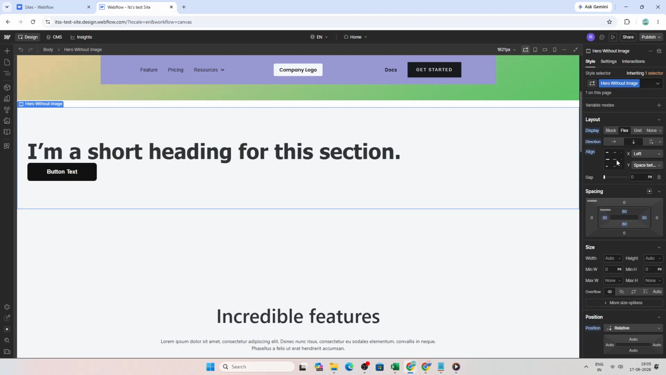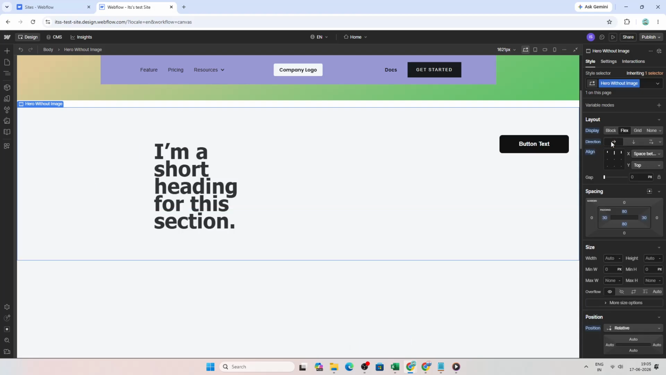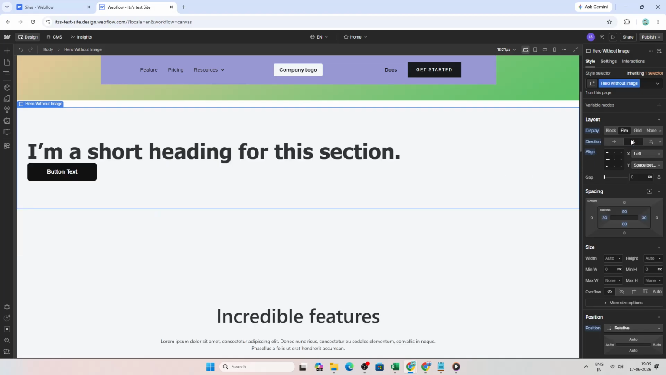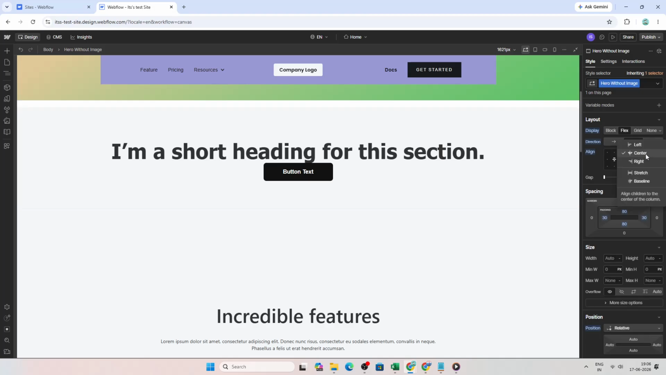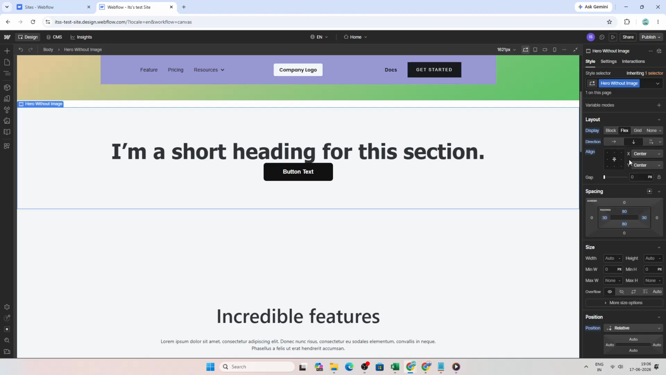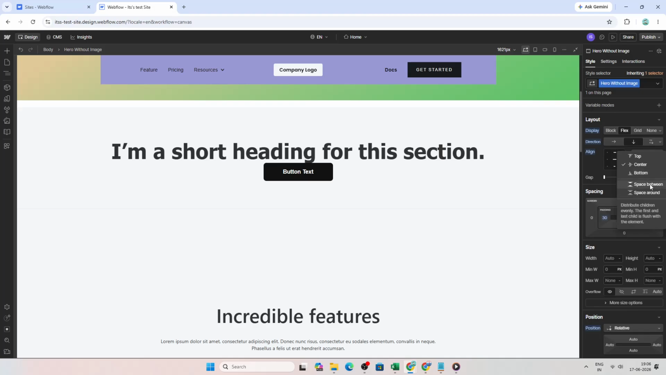First, choose the direction. This determines whether your items are arranged in a horizontal row or a vertical column. After that, use Justify Content to control alignment along the main axis. Depending on your direction, this will move items to the start, end, or center, or distribute space between them. The space between and space around options are especially helpful when you want a clean, balanced layout without manually adding